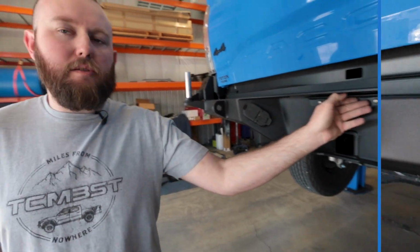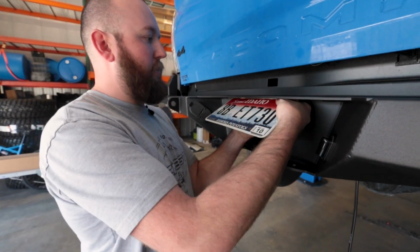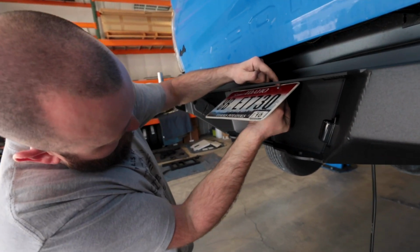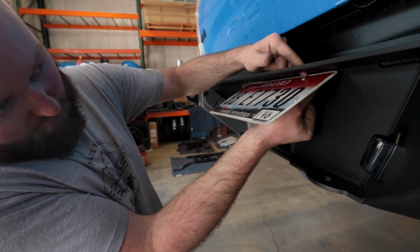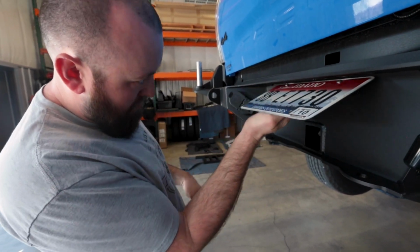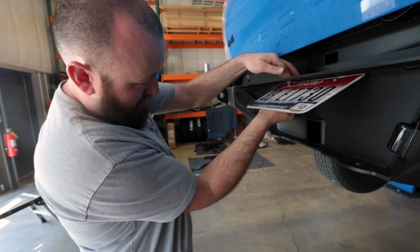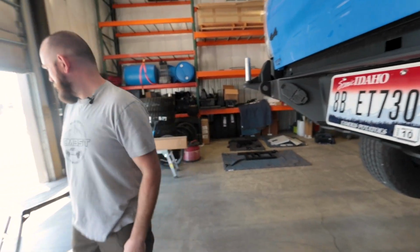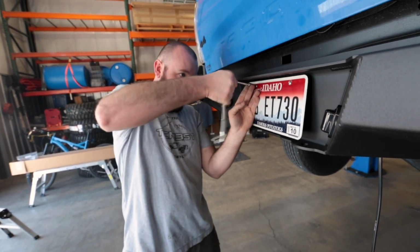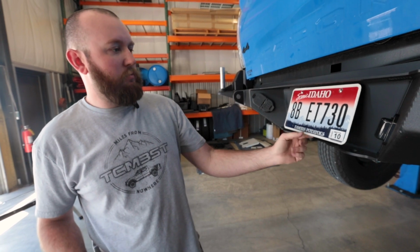Now those are tight, we'll go ahead and put the license plate on. We are using the shorter ones, fit through here. We're gonna have to kind of lift that up a little bit. Hold those. Fold it back down, put the new bolt in. There, and fold that down. Go ahead and tighten that back up. Now our license plate light and everything works, and our license plate we can move out of the way,